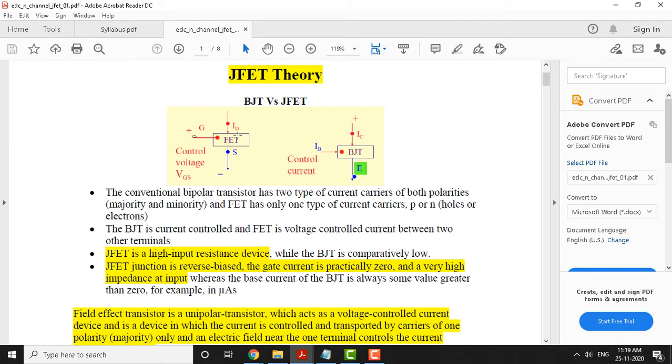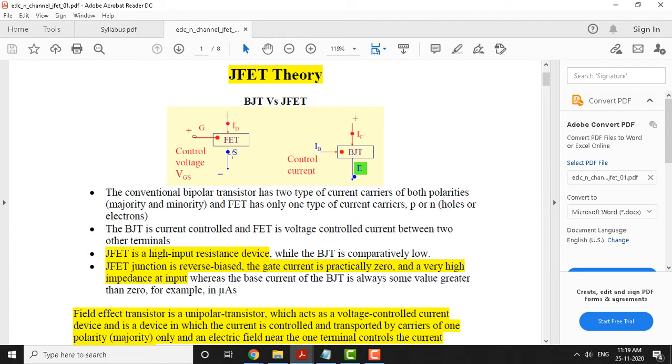Whereas here the situation is a little different. In the BJT the input current is controlling the output current, whereas in case of FET, it is the input voltage, the voltage that we apply between the gate and source. Voltages are applied between two terminals, right. So, the voltage that we apply between the gate and source can be used to control the current movement from source to drain, similar to this. Okay. So, it is voltage control.